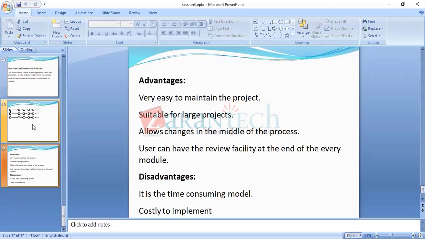Is there any chance to expect new requirements? They may expect some new requirements or not. New requirement? They may expect or not.